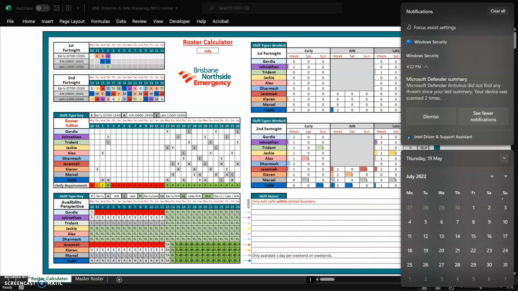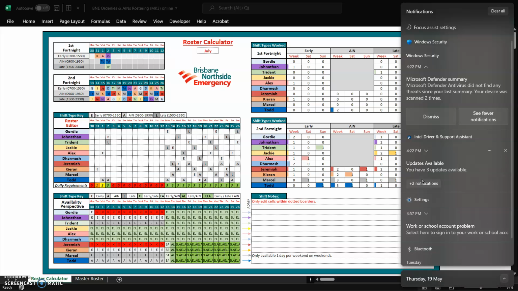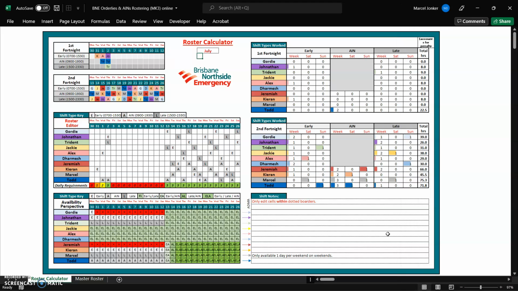So the Monday of July, well, July starts on the Friday. So if we go back down, get rid of that one, and then we come here, I'll just delete this one, otherwise Excel is just silly with if it's too many of the same numbers. So make that a 1, make that a 2. Again, silly with if there's many of the same numbers. Make that a 2. And we drag this across